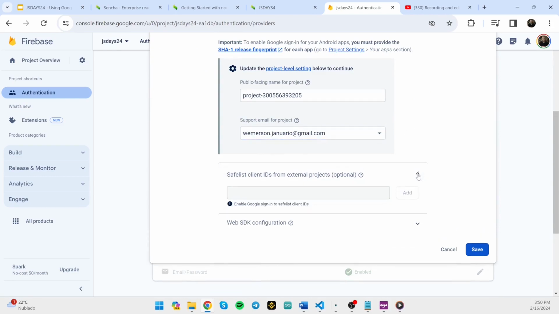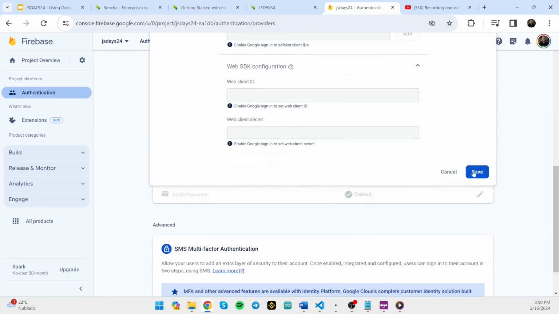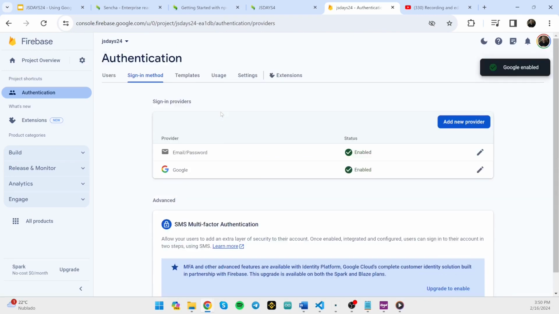You can explore here. I don't need this right now. I also don't need this. The next step is just to click save and let's see what happened. Okay, now the Google Authenticator provider is just enabled. So we have email, password, and Google